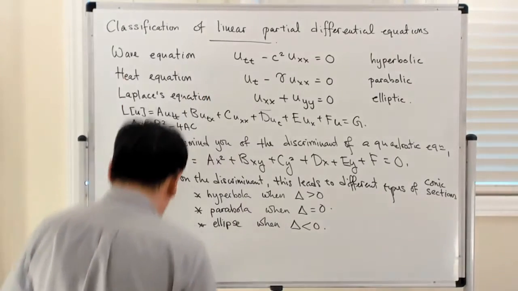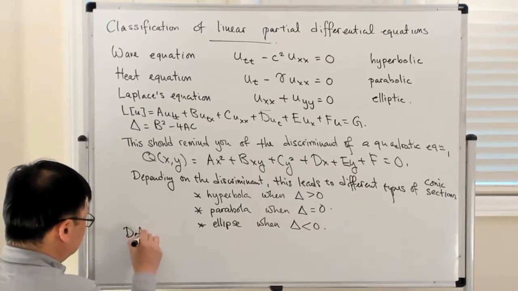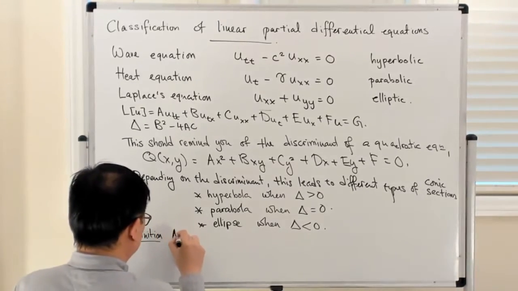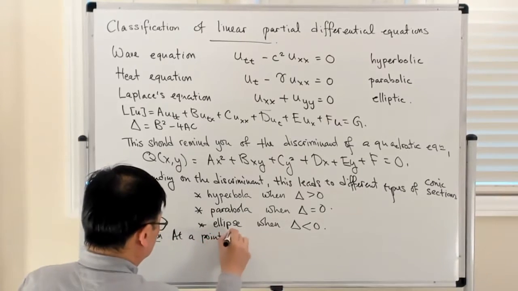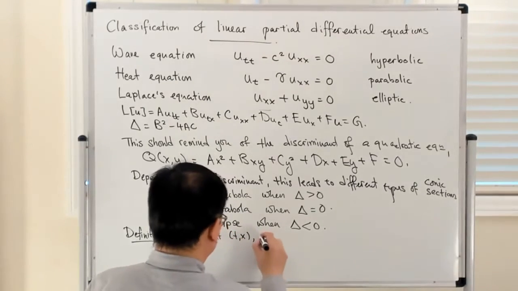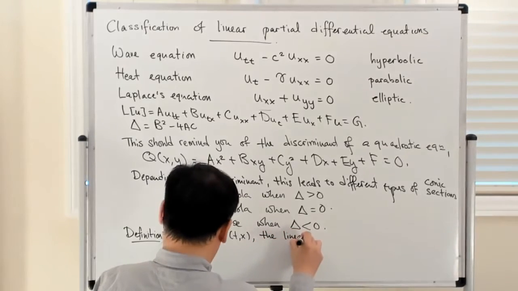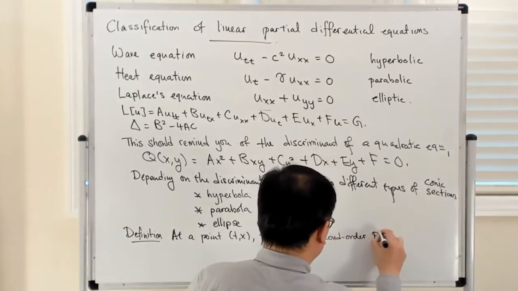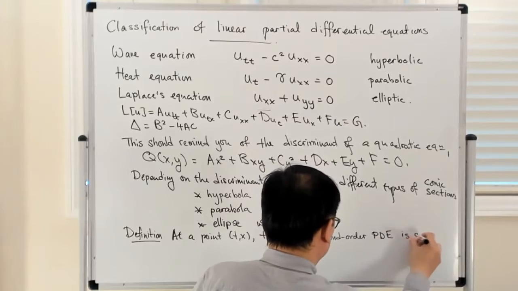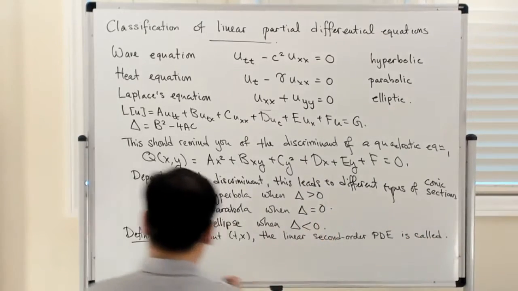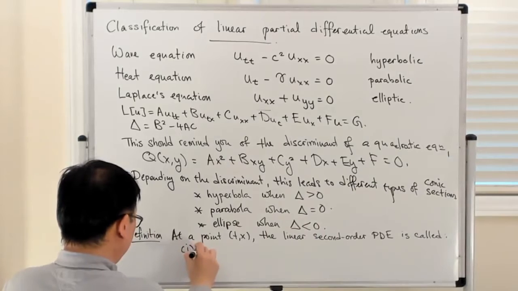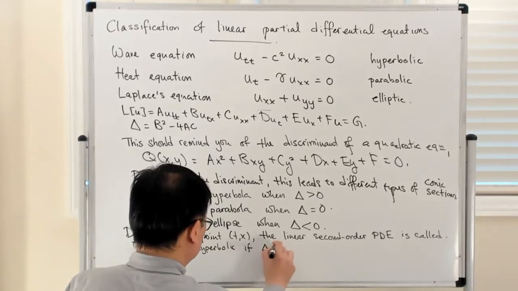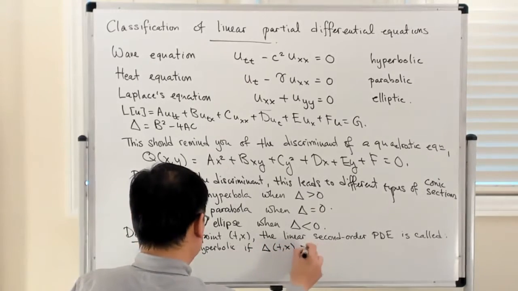Okay, so the definition then: at a point Tx, the linear second order PDE is called the following, right? So the first one is hyperbolic if delta at Tx is greater than 0,